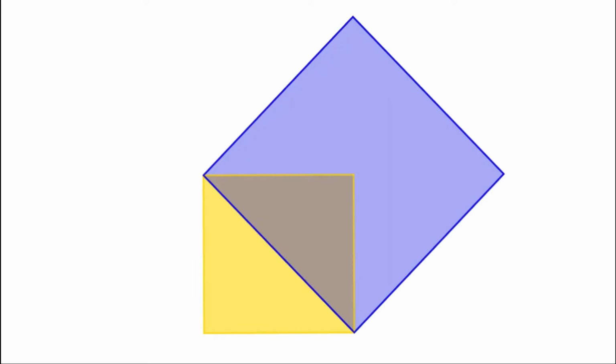Let us draw a square. Now, through the diagonal of this square, let us draw a larger square like this. We know the area of the large square is twice the area of the smaller one. Suppose the side of the small square is 1 meter. Then its area is 1 square meter. Since the area of the large square is twice the area of the small square, the area of the large square is 2 square meters.